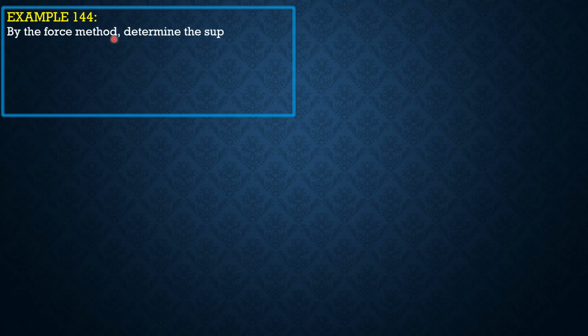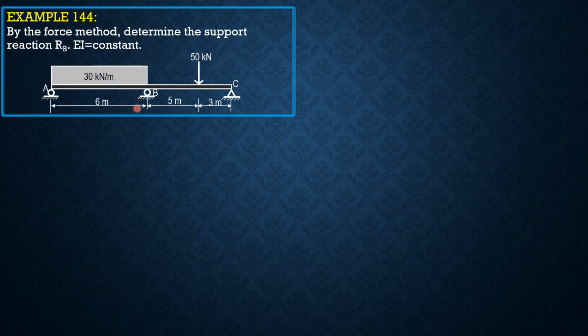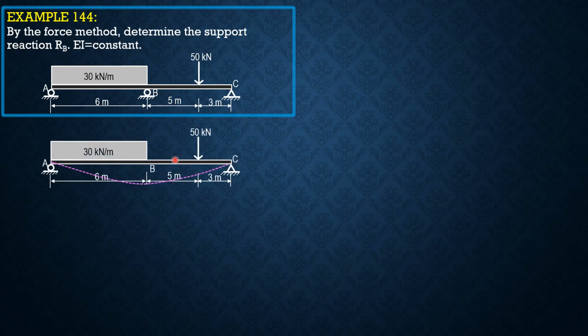By the first method, determine the support reaction RB. EI is constant. So here's the figure, and this time we'll solve for the reaction at B by the conjugate beam method. So let's make B the moment center. First, let's remove support B so that the beam becomes determinate, and we can find the deflection at B as